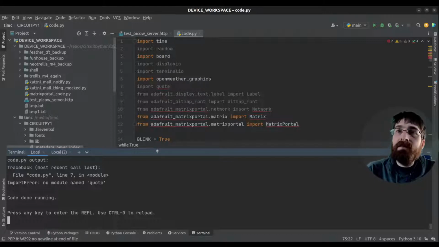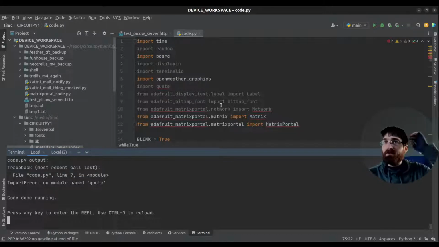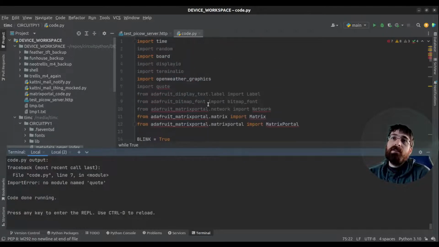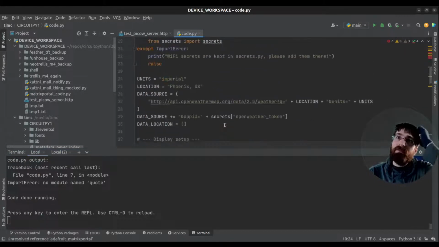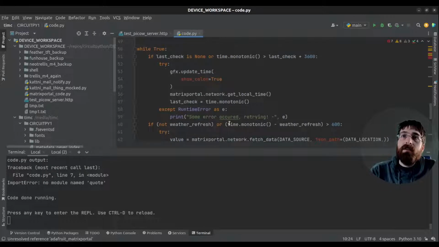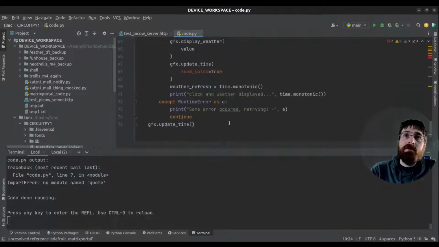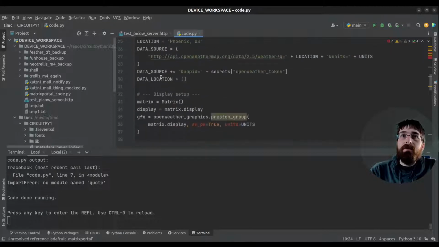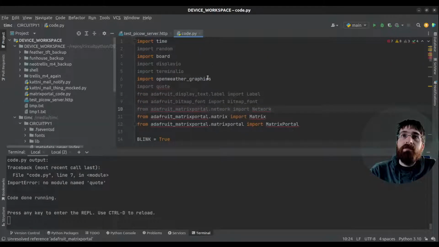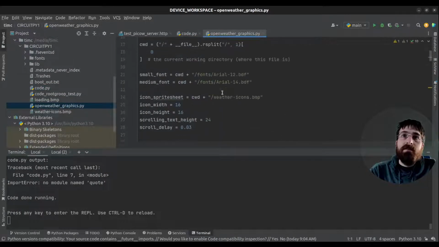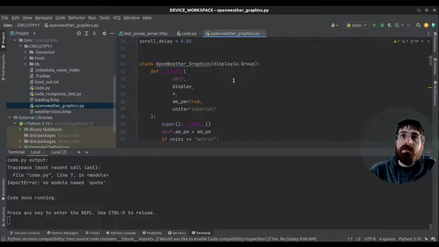I think this person kind of knows what they want to do and just started plastering together different projects, which is a good way to go, but it's tough. The portal projects in particular, you really need to know more internally how it's working to be able to switch the displays around. And these things are further wrapped in these graphics, like Open Weather Graphics here, right? If you're not looking inside of here and figuring out what's going on,